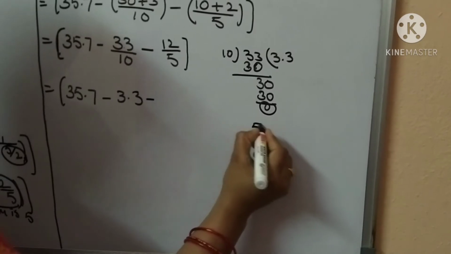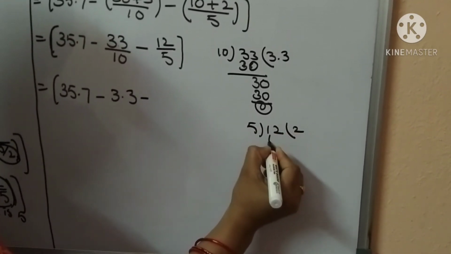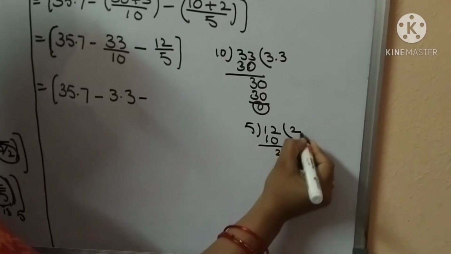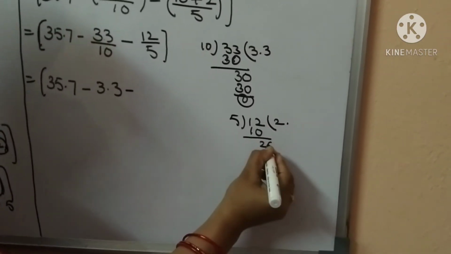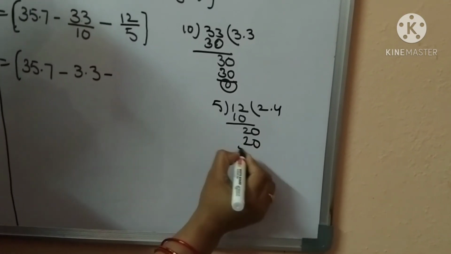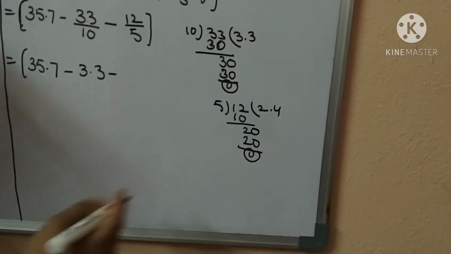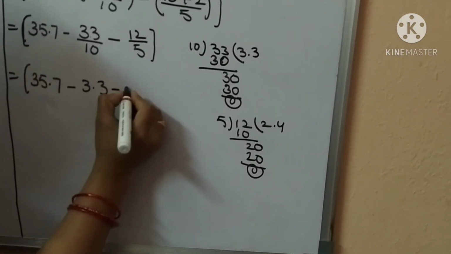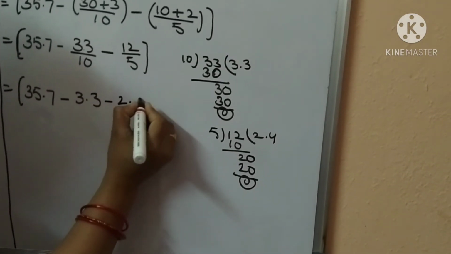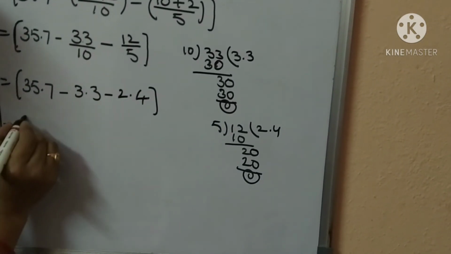here 12 by 5. 2 times possible, 2 fives are 10, remaining 2 is there. Put the point and take 0, 4 fives are 20. 5 ones are 5, 5 twos are 10, 5 threes are 15, 5 fours are 20. So here write the value of 12 by 5 is 2.4. So here